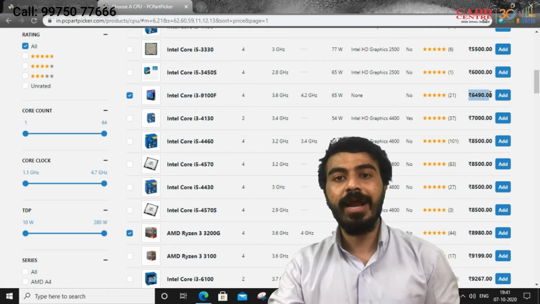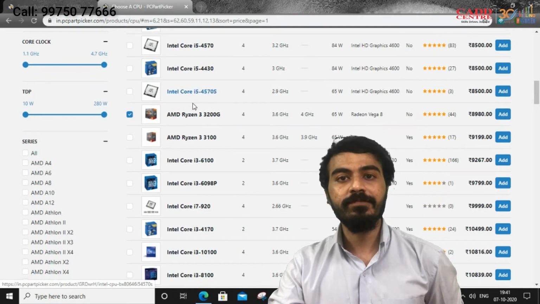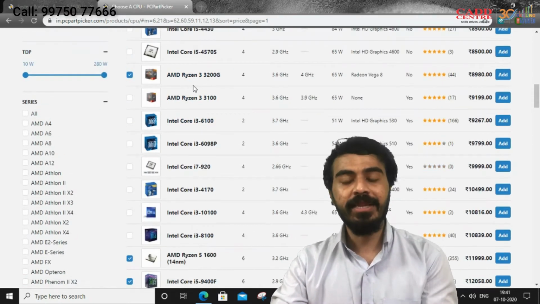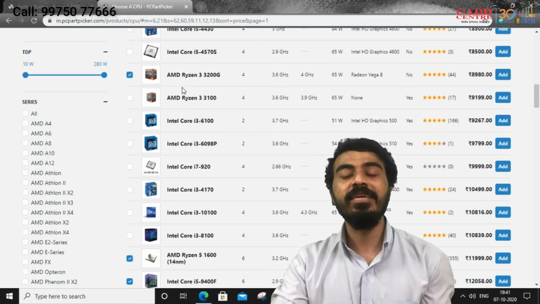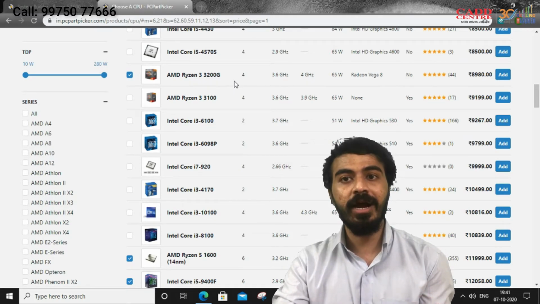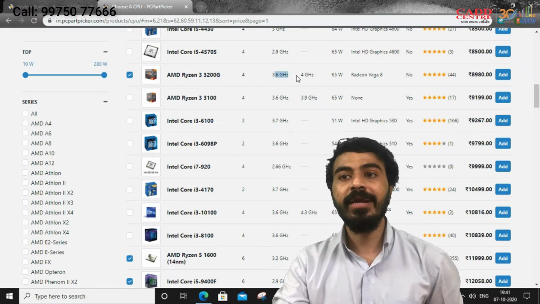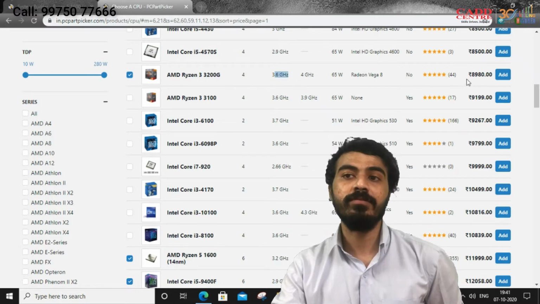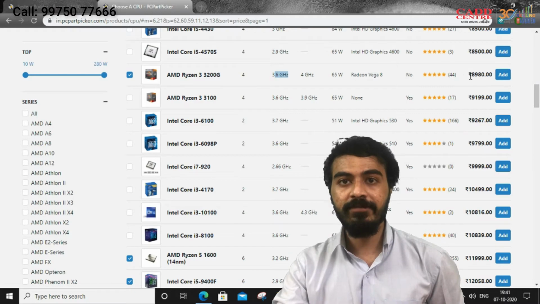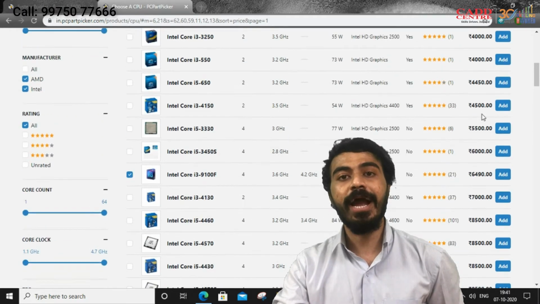And if you compare, in AMD the Ryzen 3 Pro gives you a 4 core processor with 3.6 gigahertz clock speed, and you'll get Ryzen 3 at around 9000. You'll see the difference between prices. You'll get the idea.